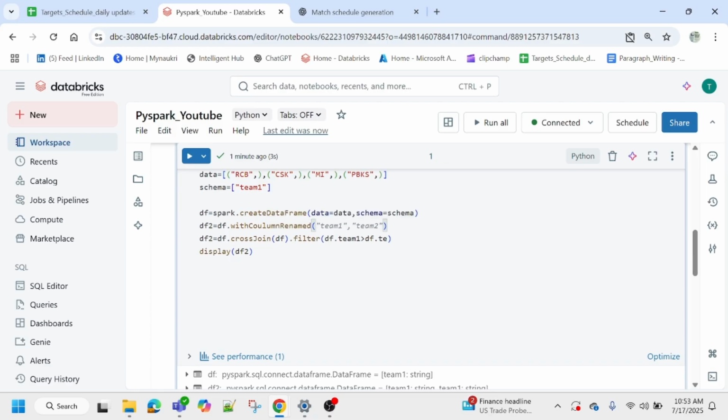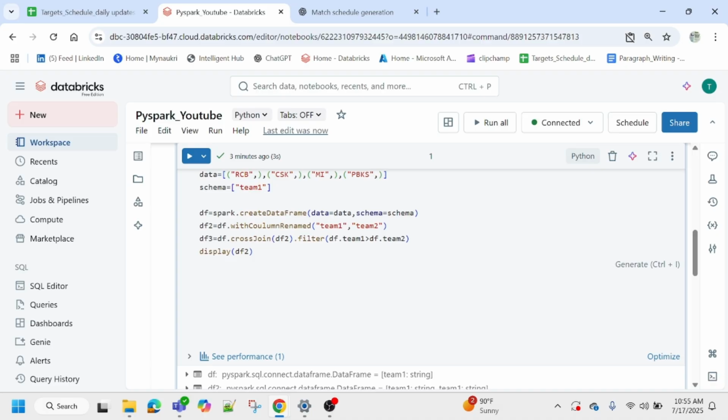So in the second data frame, I want to use the name team2. Let's rename team1 with team2. Now we can cross join df1 with df2 and then filter where df1 team1 is greater than team2,